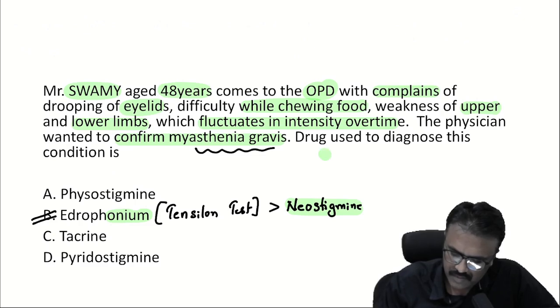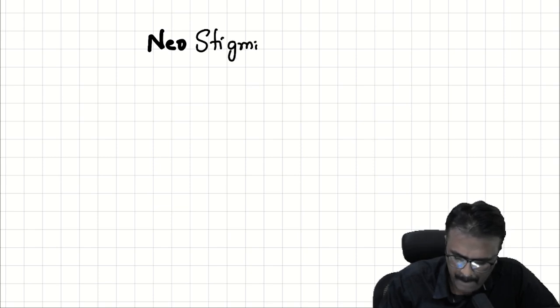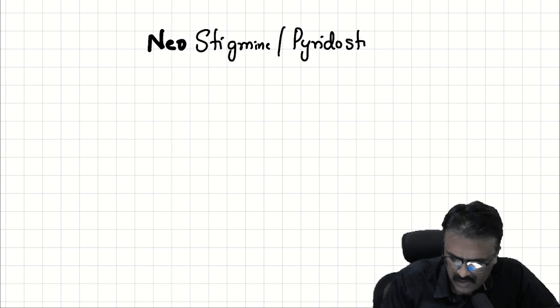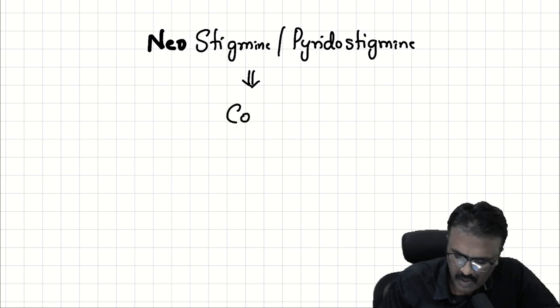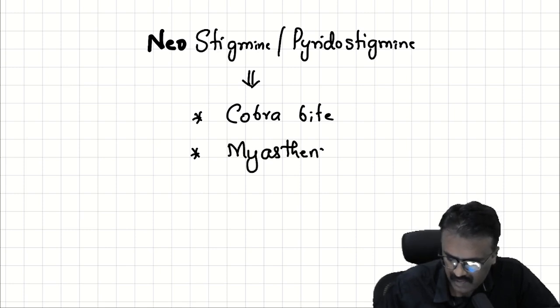Okay, let me tell you. So the first point is, what are the uses of neostigmine and pyridostigmine? These are frequently tested drugs. Neostigmine and pyridostigmine, these two drugs are used to manage cobra bite. Why in cobra bite? To improve muscle weakness. Second, they are used in myasthenia gravis. Third, they are used to reverse